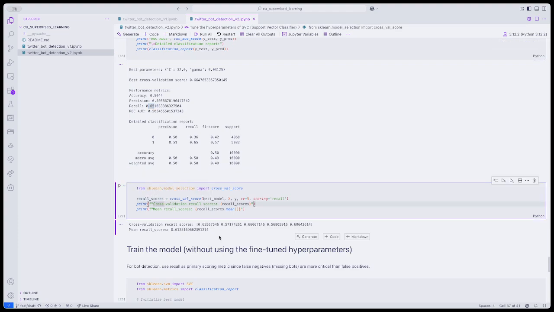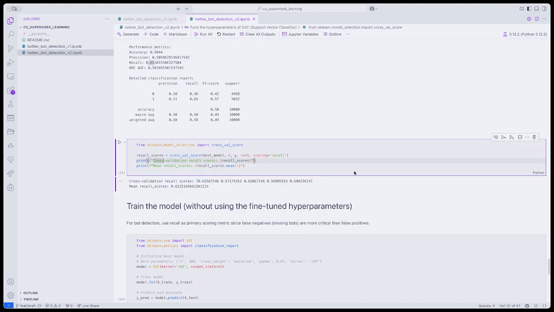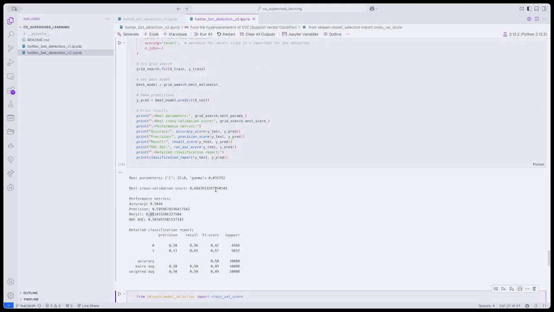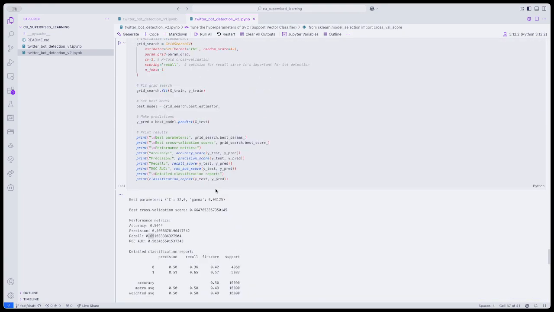And for the cross-validation recall scores, it also gets 0.61. It's definitely improved, but I'm still not satisfied with the result,